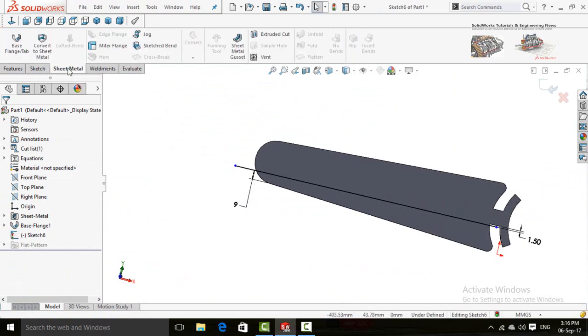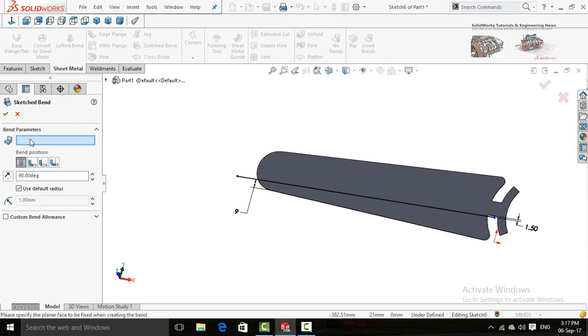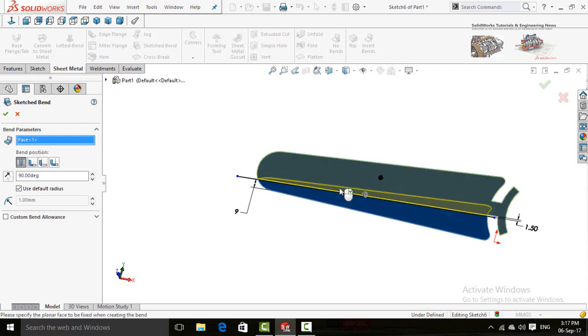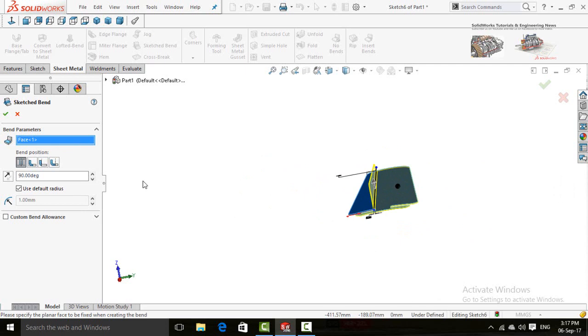Click on Sheet Metal tab and select Sketch Bend command. First of all, it will ask you the fixed face. So click on this face. After that, here is the degree, which is 10.